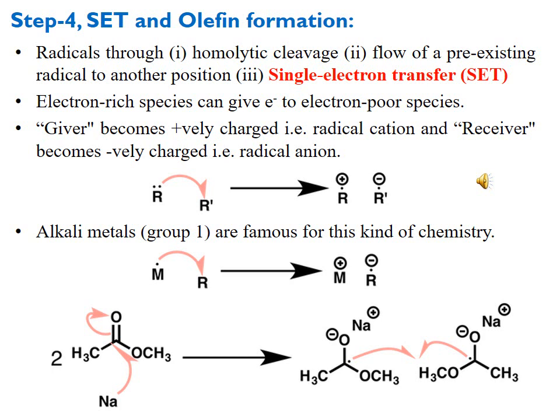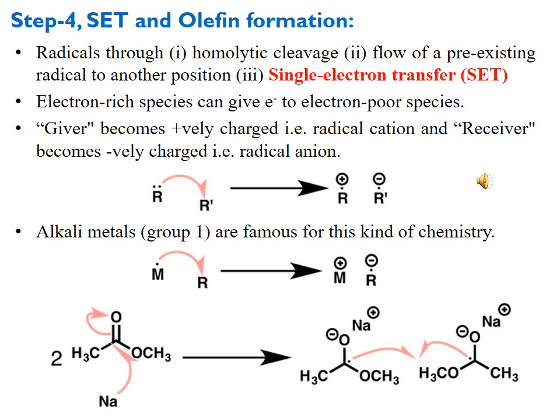Alkali metals, that is group 1 metals, are famous for this kind of chemistry, and mostly lithium, potassium and sodium are used from this group for this purpose. Here, M is the metal of the first group, and you know that they have one electron in the valence shell. This one electron is given to the second member, and this metal gets the positive charge with no unpaired electron. That is, it is only a cation, not a radical. But R, the second species, gets an electron, it becomes a radical with a negative charge,